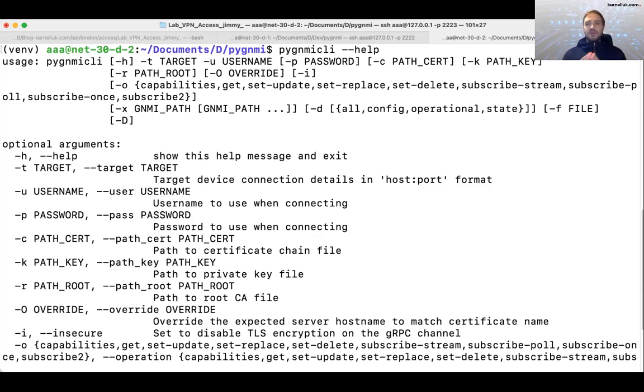Then username as well is mandatory. The password, if you are comfortable passing your password as a key, you could use -p. If you are not, don't worry, you'll be asked by the pygnmi CLI to provide your password at the point